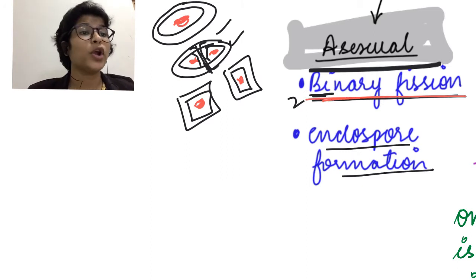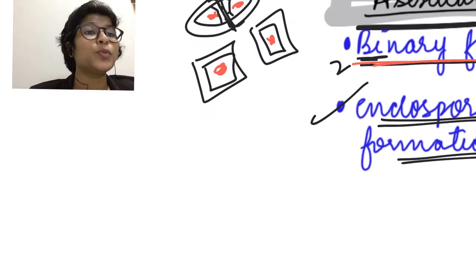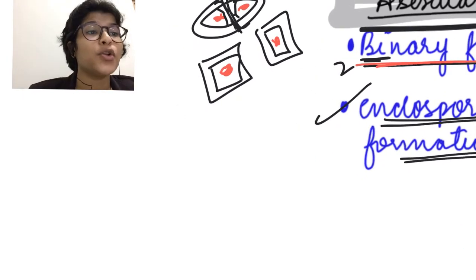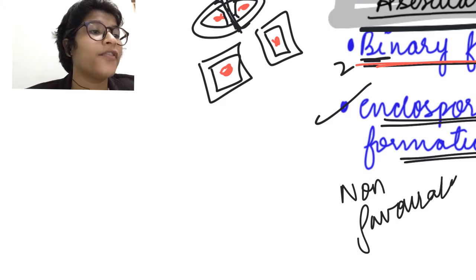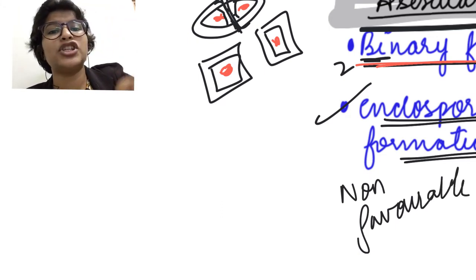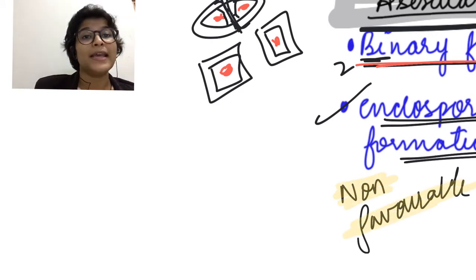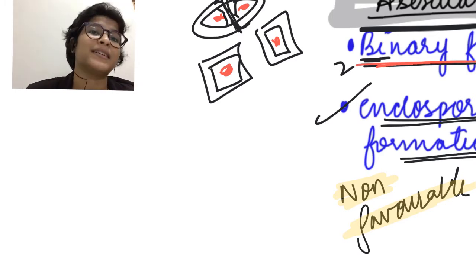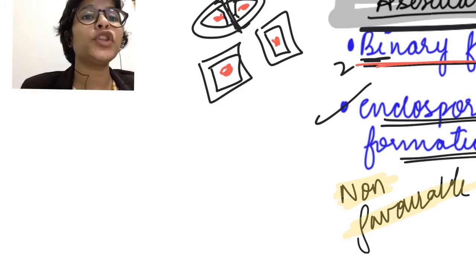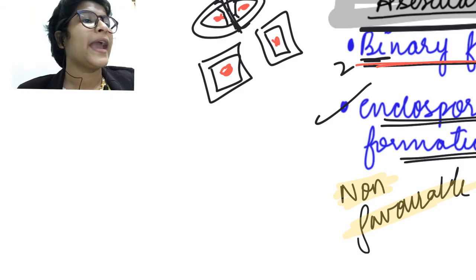Okay, so going on to the next type, that is endospore formation. Now you need to understand that endospore formation occurs when the conditions are not suitable, that is non-favorable conditions. Non-favorable conditions यानी ऐसी conditions जो अच्छी नहीं है. So this is called as non-favorable conditions. यानी ऐसी कंडीशन जहाँ पे सेल खुद सर्वाइव नहीं कर सकता और सेल डिवाइड भी नहीं कर सकता, because there is not enough nutrition for the growing bacteria. इसीलिए सेल बनाता है something called as endospore.